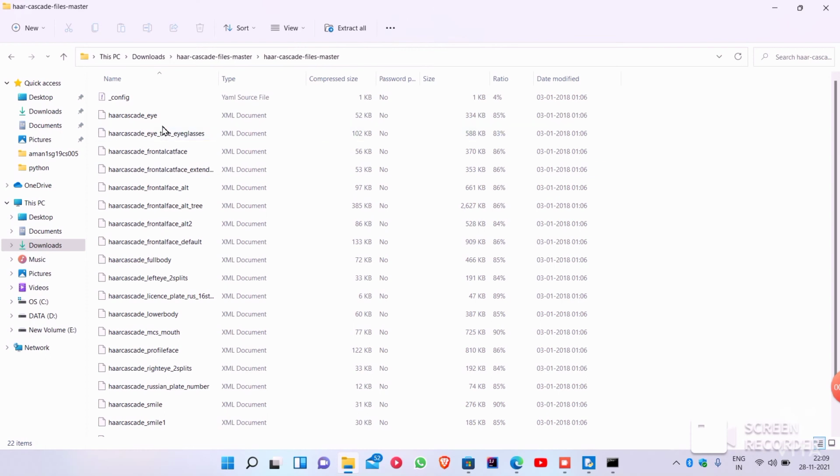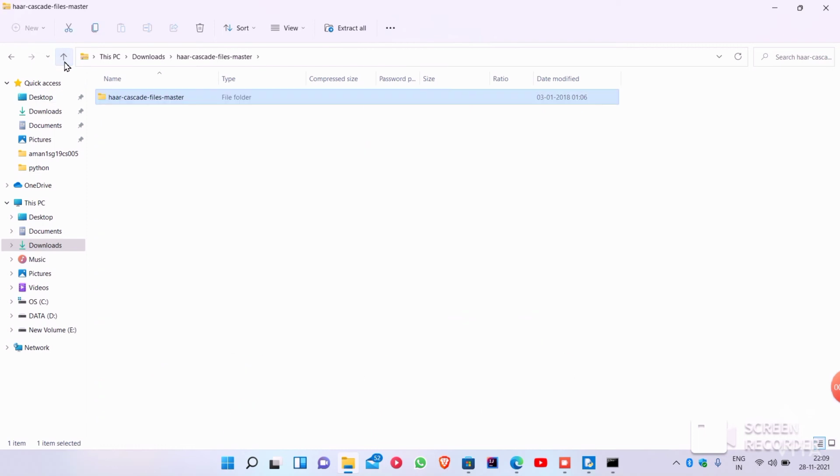As you can see, there are Haar Cascade eye tree eyeglass, frontal face. This Haar Cascade helps in detecting frontal face extended. There is also lower body. This Haar Cascade file helps us in detecting the lower body. So these are all the files which help us detect different parts of the body.